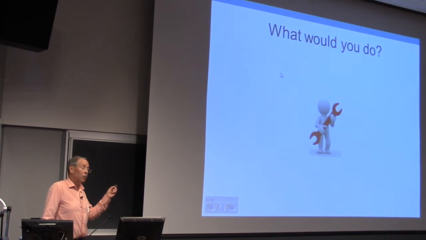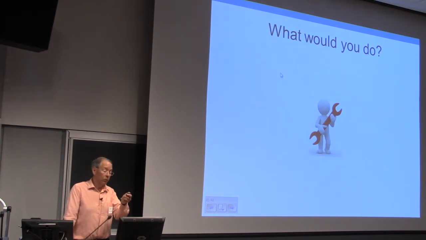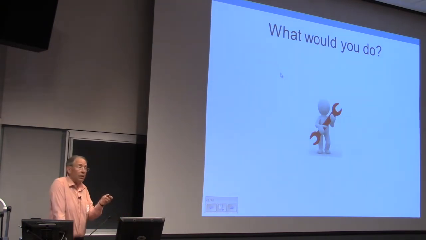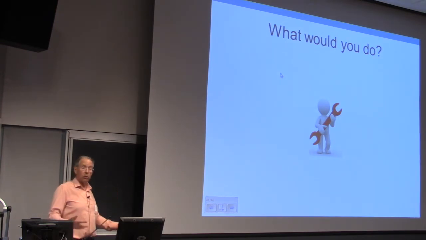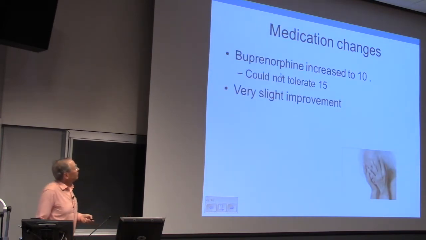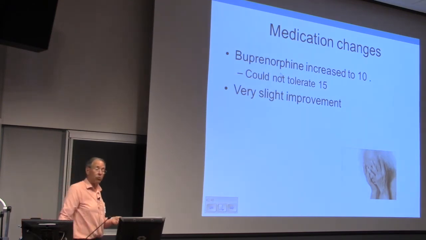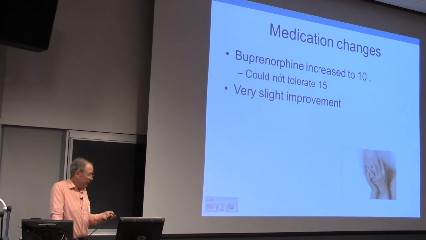Yeah, so she had trouble with hydromorphone, which is a little bit better tolerated than morphine, at 0.5 milligrams, but you could try morphine. Increase the buprenorphine, good. Anything else? Exactly, you want to examine her just to make sure. I've seen people with incarcerated hernias that were missed, and pressure sores. So you do a good physical exam. We increased the buprenorphine to 10. She couldn't tolerate 15. There was a very slight improvement with the buprenorphine at 10.